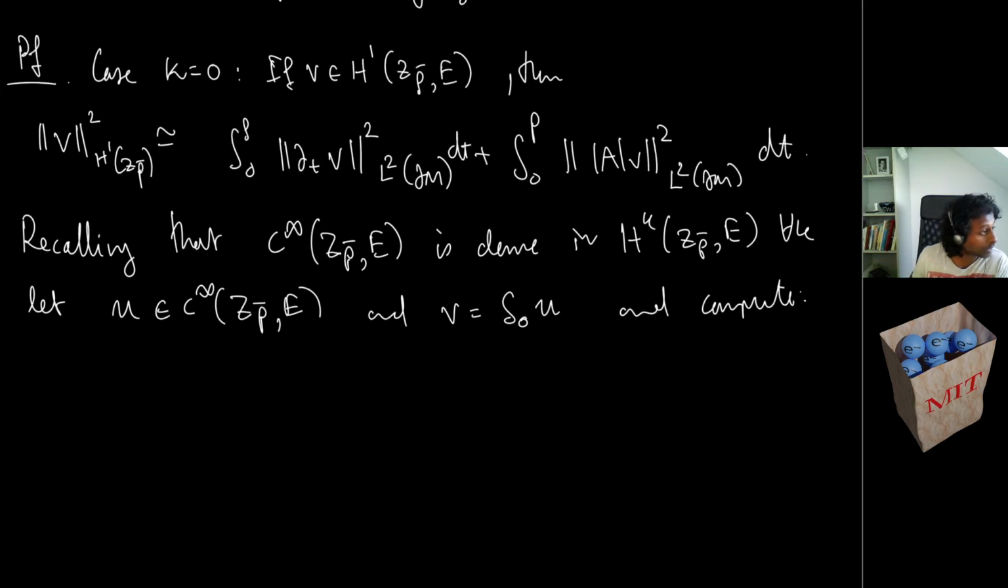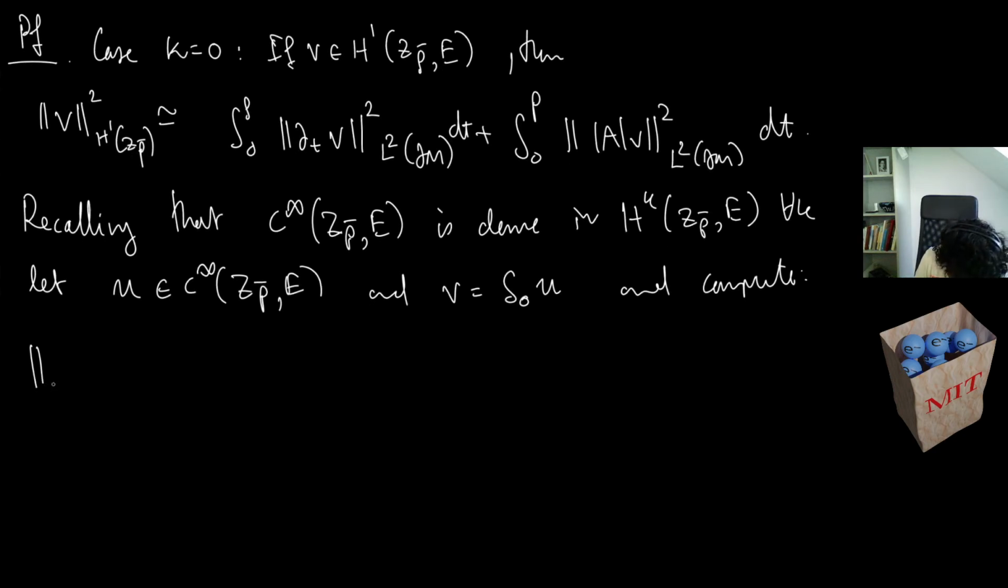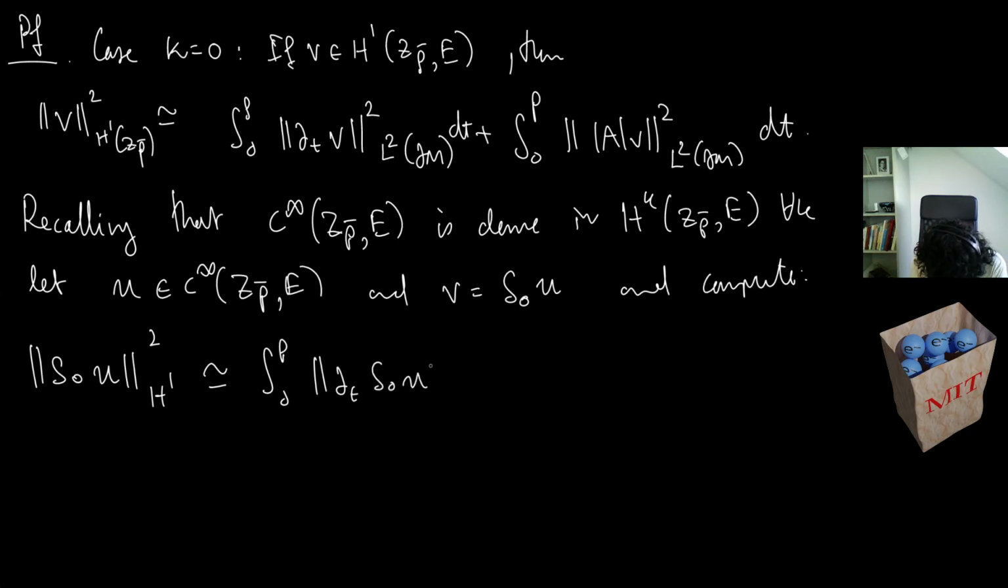So let's have a look. From the previous estimate, we have the H1 norm squared of S naught of U is comparable now to the integral from 0 to rho of partial t S naught of U